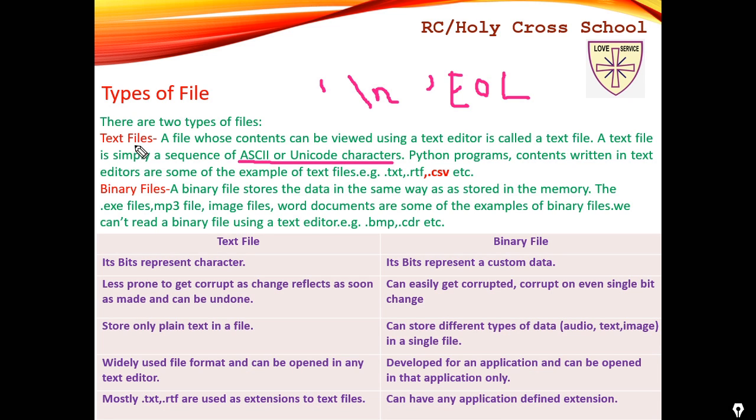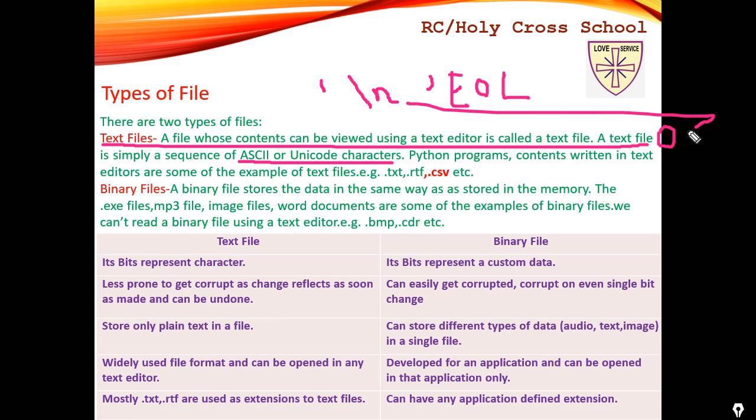Suppose I am writing this line from here to here. After this, there is going to be a slash n, because Python puts a slash n when you are writing in a new line. So you can count here how many slash n's there are: 1, 2, 3, 4, 5. So there are 5 lines like that. This is the basic of a text file, right?